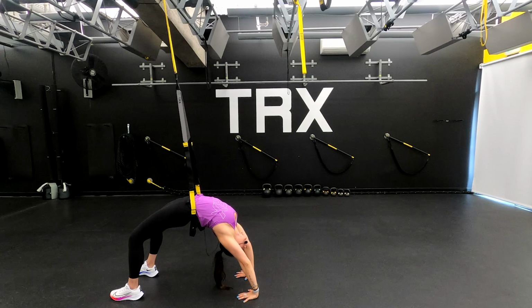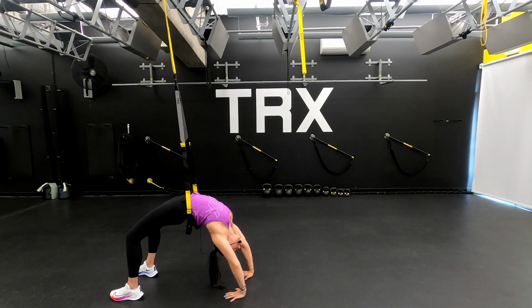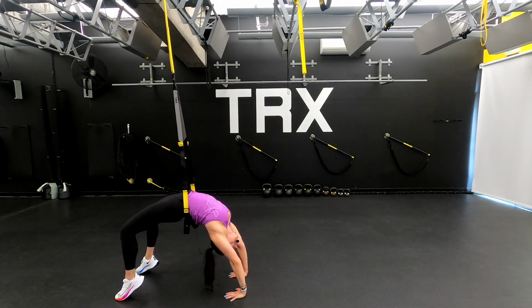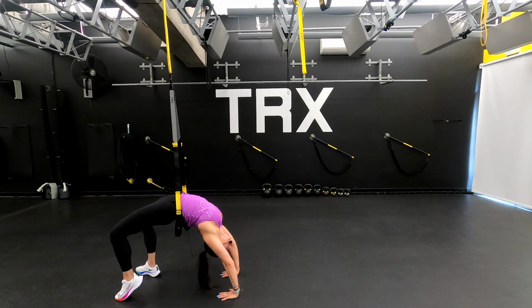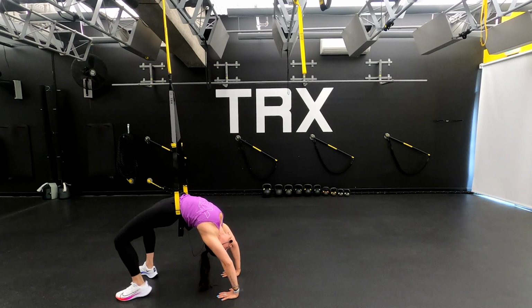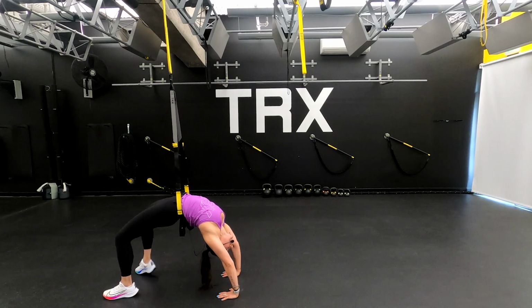So as we start to come to wheel pose, eventually our hands come right underneath those shoulders, right? That might not happen in the straps, kind of depending on how long the straps are, how long your arms are, and how flexible you are. If you feel pretty good here and you want to come and do any other variations of your wheel, you can. That may unweight the straps a little bit, and that's great. They're still there to support you, so as soon as you weight them back down, you'll feel supported, right? If you just want to hold here for just a second and come right out,